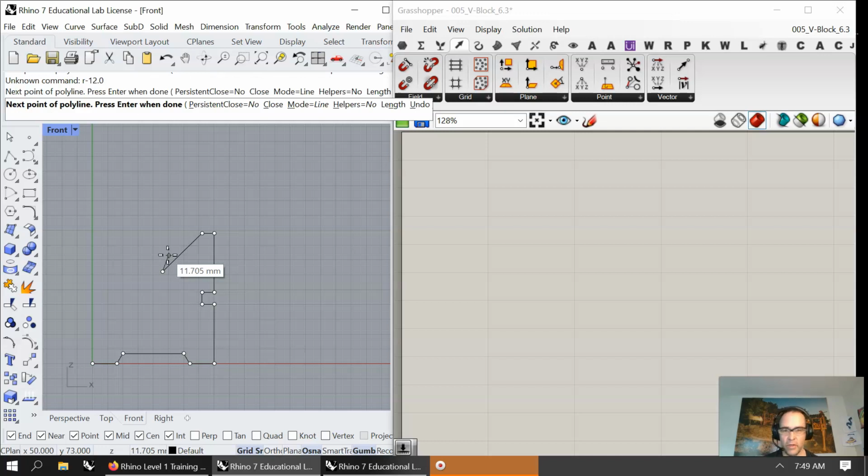Now I want to go relative negative 12, 0, and then I want to go positive, same distance, relative 36.77, and I want to go in the degrees 135 degrees, and then I want to go relative negative 8, 0, and there would have been a way to mirror this as well, and now I want to go relative 0,